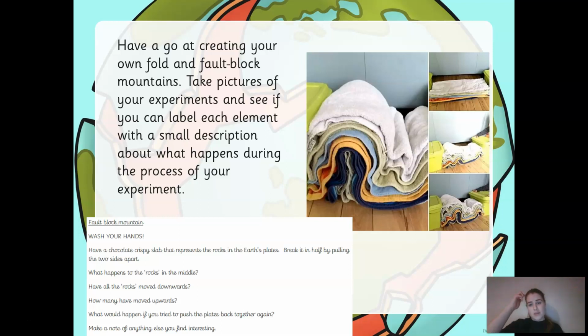So if you can have a go at doing that one, what would be brilliant is to take a photo or even to create a drawing of your experiment and have a go at labeling the different elements with a short little paragraph about what happened during your experiment. So you'd need to label your two books as your tectonic plates, okay? And as you've pushed them together, that sedimentary rock, so your towels, has actually ended up folded and wrinkled, and